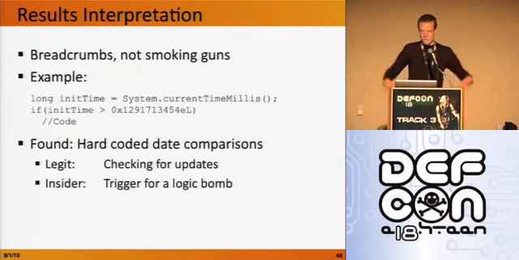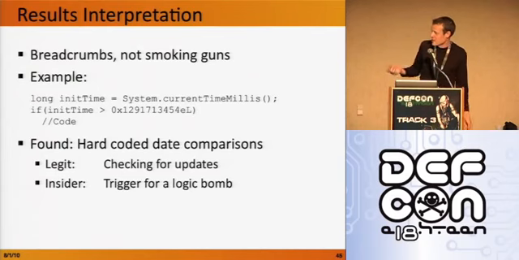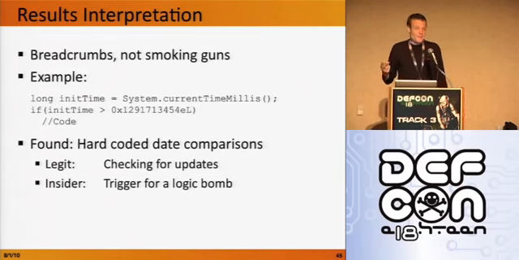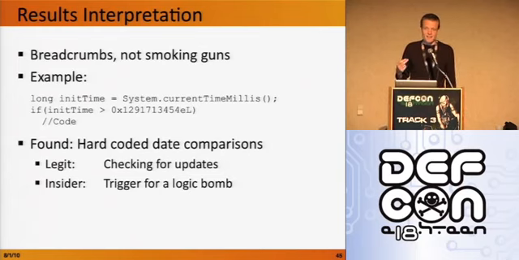Okay, so now you have a really big pile of breadcrumbs. None of them are smoking guns. Let's talk about this code for a second. You get the current time, that's nasty. You compare the current time against some hard-coded string, that's nasty too. This might legitimately be update code. You might say, we're a startup and once a month we just want to check to make sure there aren't some new bits that we should download, and this was a hacky, kludgy way to introduce that. It's possible. You might be able to talk your way around it, but it might also be nasty.